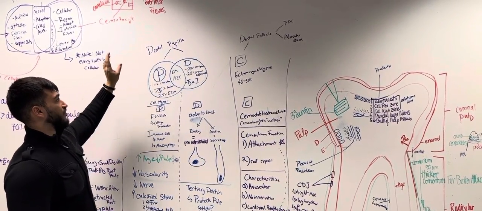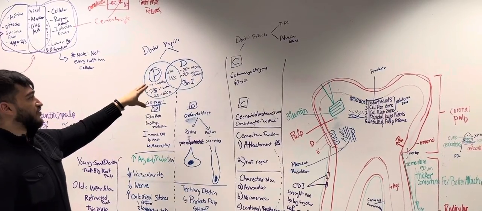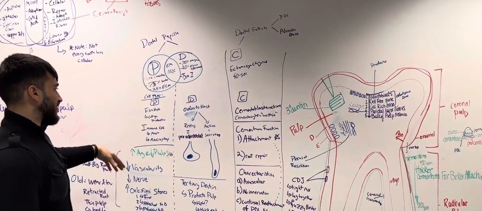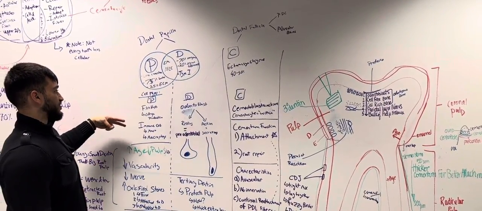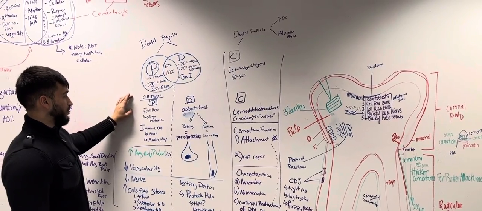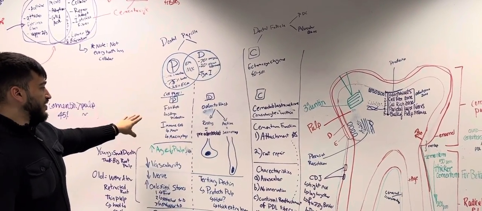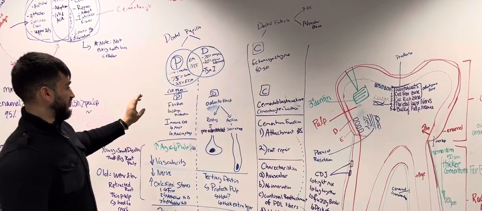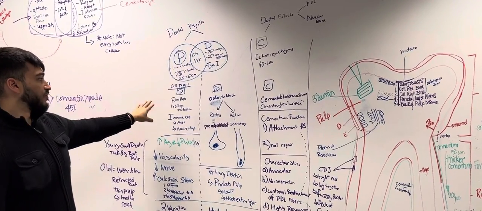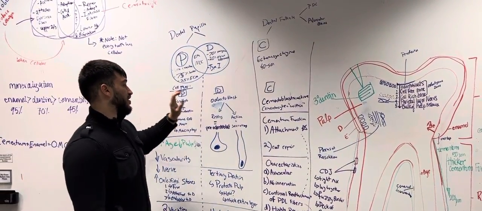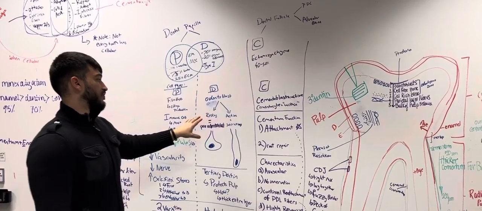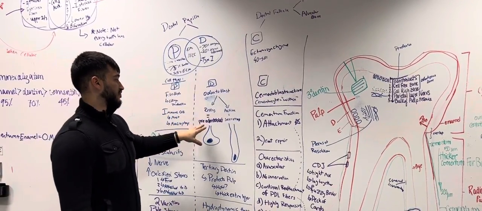They're both derived from the dental papilla or the ectomesenchyme and neural crest cells. And we have two cell types. For the pulp, we have the fibroblasts, which make the collagen. And this is going to be very important. Remember, fibroblasts make collagen. And then for dentin, we have the odontoblasts, where a resting one would be